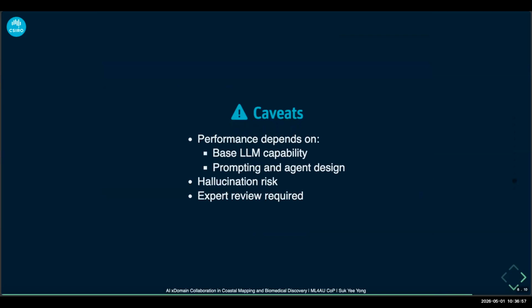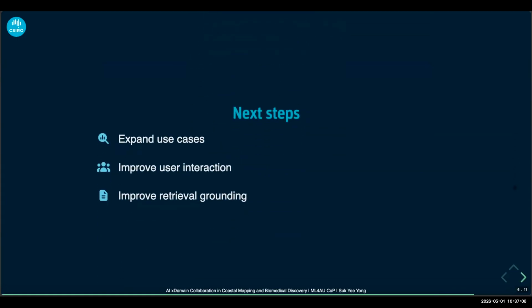There is, of course, the risk of hallucination, and definitely the expert review required. Just quickly on the next step, we could expand our use case currently to not just biomedical discovery, but also to any scientific research as well. And we could improve the user interaction by putting in, for example, a chat-like interface, because right now everything is in command line. And the next part is to improve the retrieval grounding, and definitely expert review in this